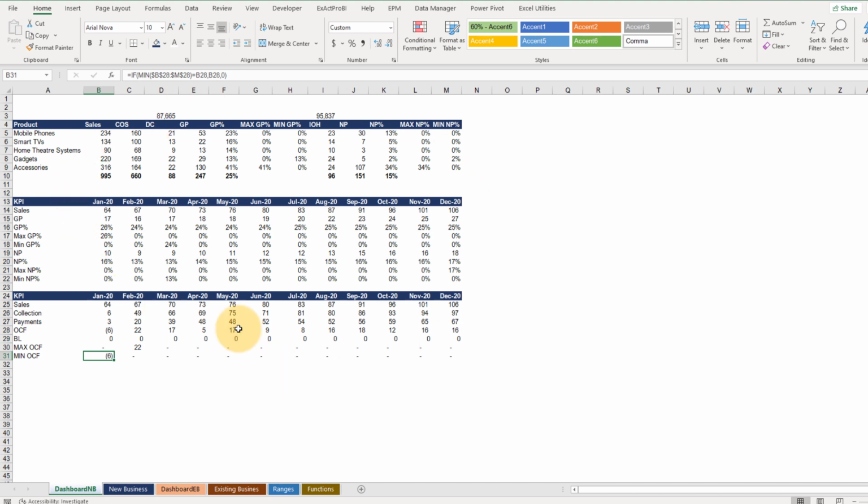So the backup data for preparing all our charts and entire dashboard is ready here. And from next lecture onwards, we'll be building each